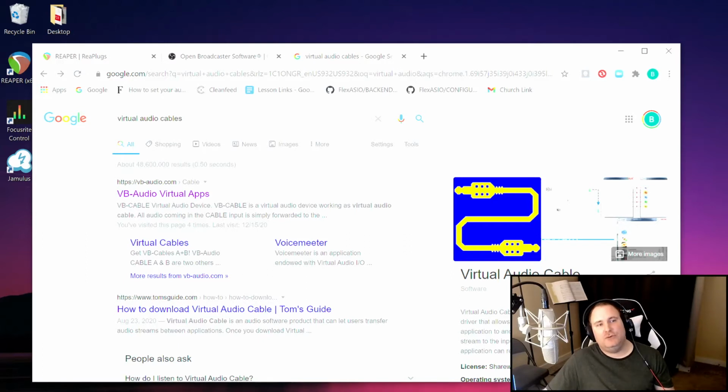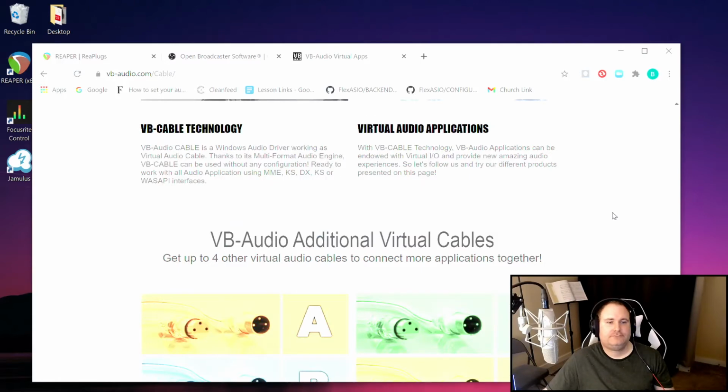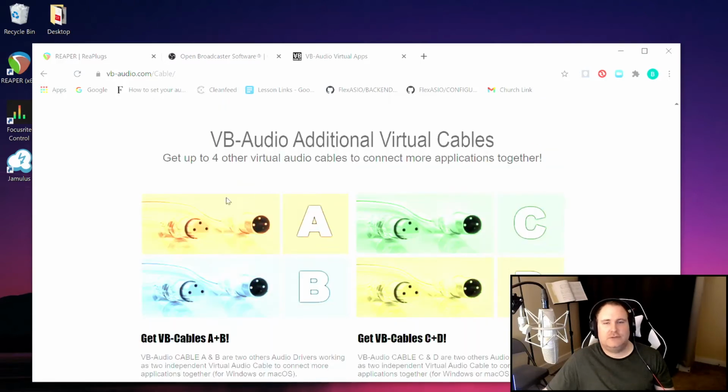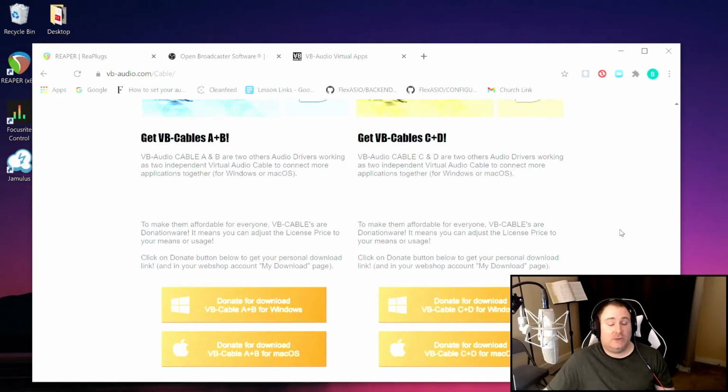And so if you search virtual audio cables, what comes up is VB Audio Virtual Apps, and that is what we want to choose. And when we select that, we then need to scroll down quite a bit, and we get to colorful boxes. That's what you want to aim for. And we have these VB cables A and B and C and D. And we actually want all four of them. And so if you click on the download box,